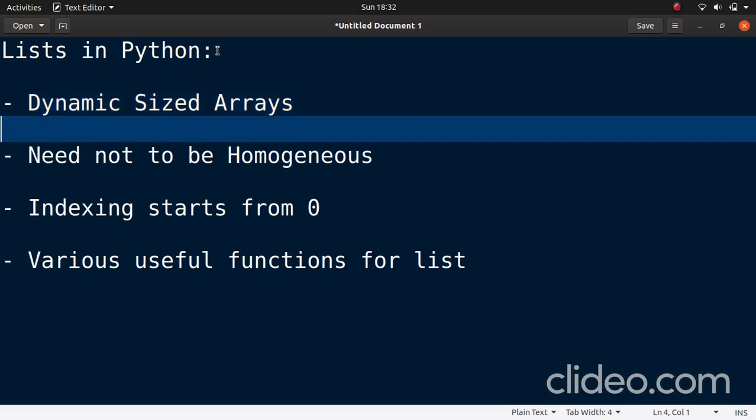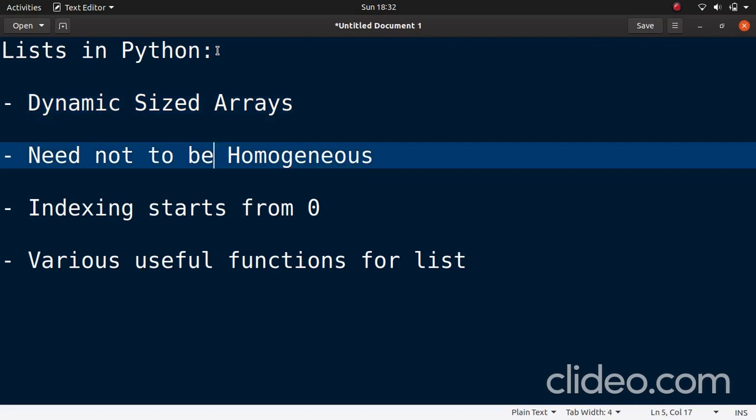The next point is that it need not be homogeneous. So what does this point tell you? In a list you can store different data types. You can even store strings, integers, any object in a single list.